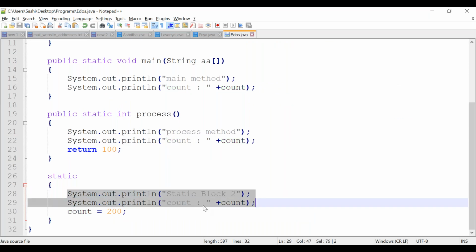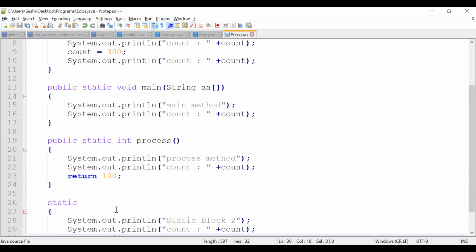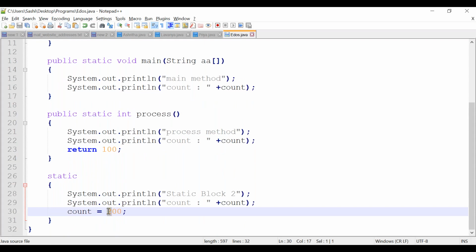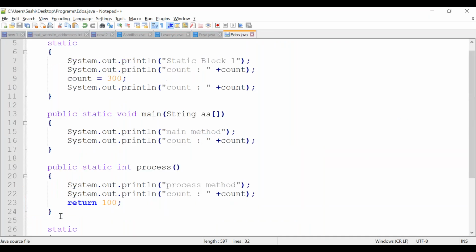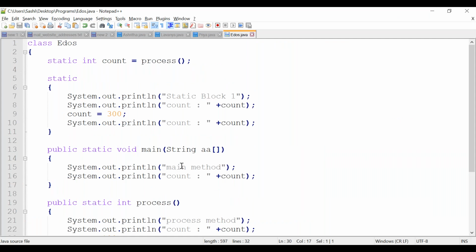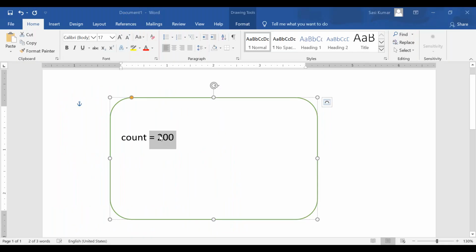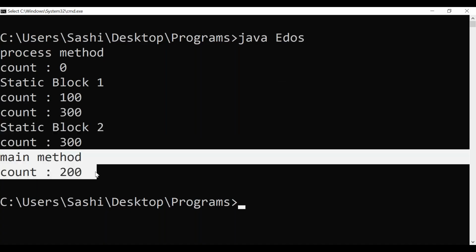After that, in block 2 you are reinitializing with 200. Value becomes 200. Now two static blocks are executed, then control will go to the main method. You are printing main method, then the count value. Main method count value is 200.